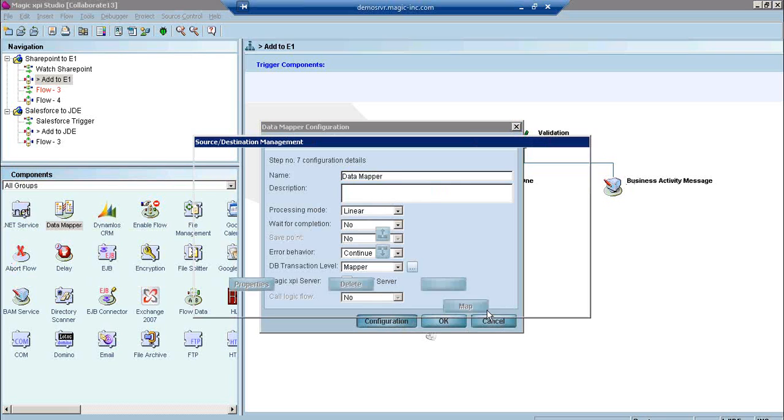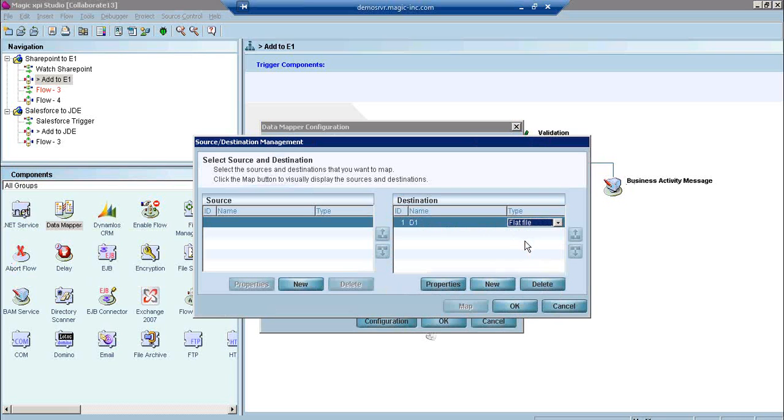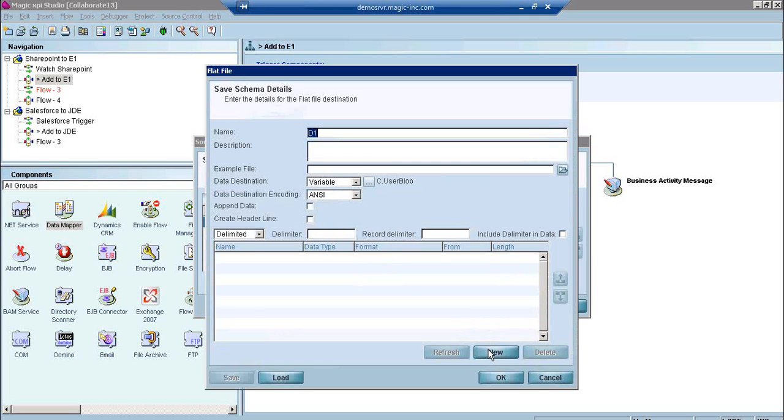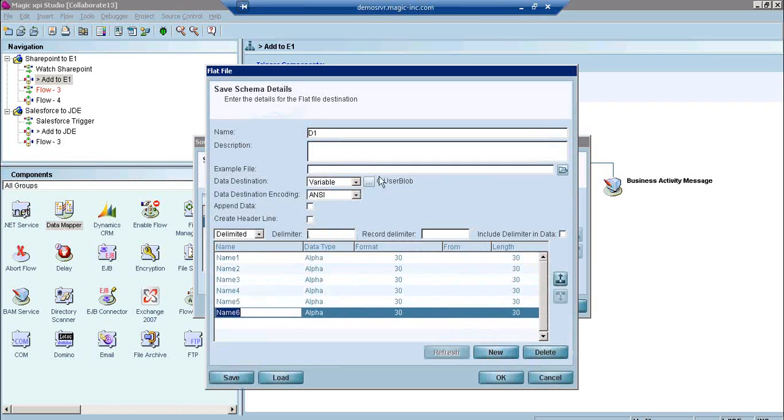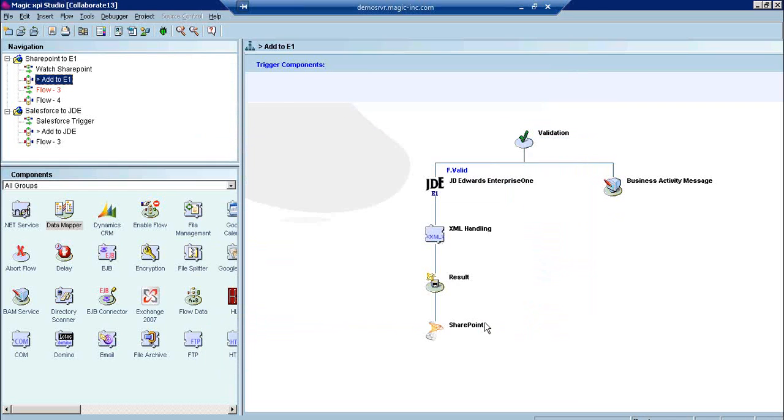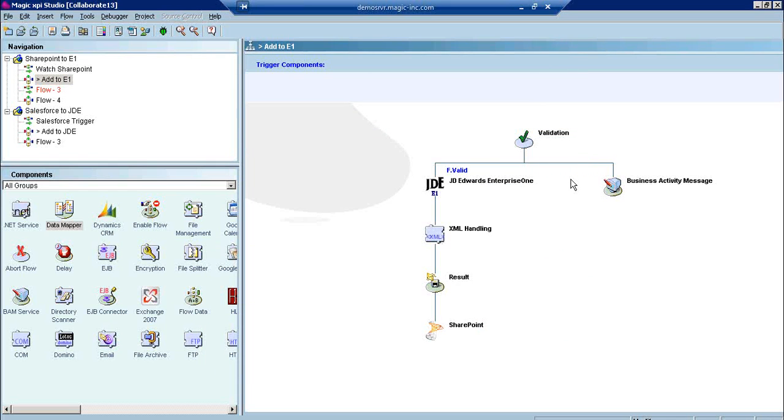And basically, you could do that with our flat file component. Be able to go in and define your fields. Now, if you're doing a lot of EDI, we also offer an actual EDI component that uses X12 documents and converts them in and out of XML so that Magic XPI can use it natively. XPI uses native XML for just about anything, and we have an available component that could go XML to EDI or EDI back to XML, and then from the XML you can map into business functions,